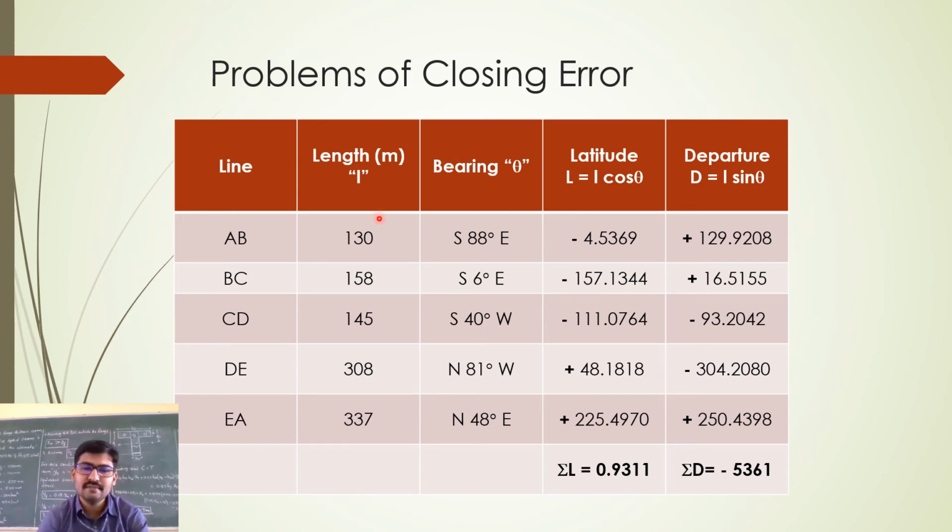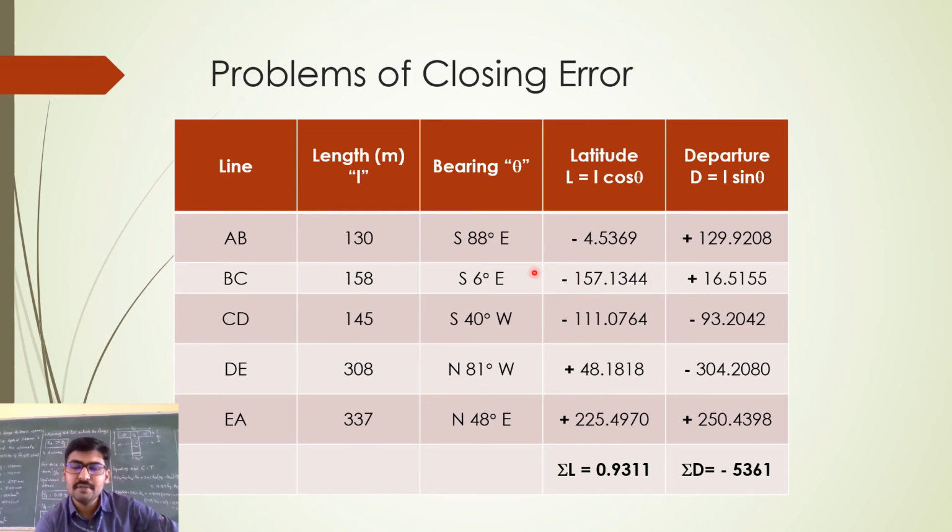So L is given, theta is also given, you just have to put them into this formula and calculate all the values. Look at these values. These are the values calculated, and you know why there is this minus, plus, minus, plus, plus, minus, because latitude and departure have signs, right? So northing and southing, easting and westing. When you have such a table ready where plus and minus signs play a very important role, you should be very careful, right? Make sure that you write them correctly.